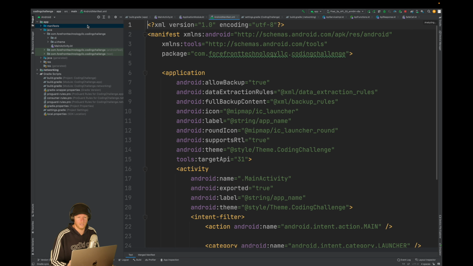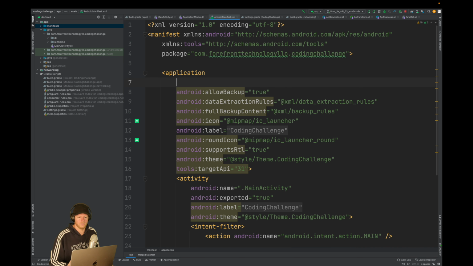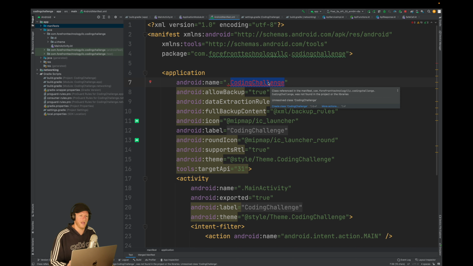All right, one more thing I want to drop in here before I forget is we need to give this an application name. And this is going to be an application file that we have to point to. This is one of the things I usually forget. And then I see the build errors, and then it points me back here. So, oh yeah, that's right. I got to do this. You'll see an error, something about Hilt needing an application entry point, because everything with Hilt has to have an